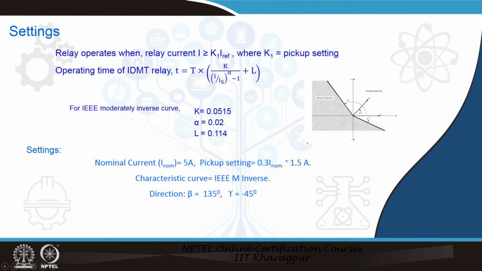The second setting is on the directional part. As already mentioned, with respect to the current as the reference, below the corresponding reference current I, the angle is gamma, and above that the leading part is beta. Therefore, the corresponding beta angle is 135 degrees and the gamma angle is minus 45 degrees, as per the particular case which we would like to consider and verify.